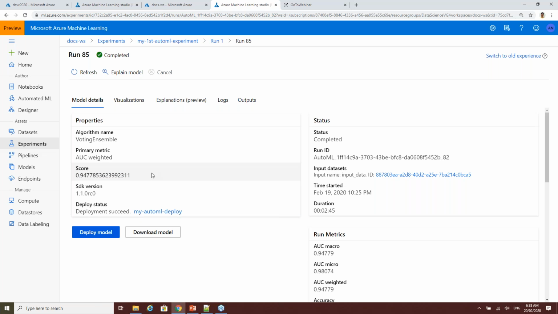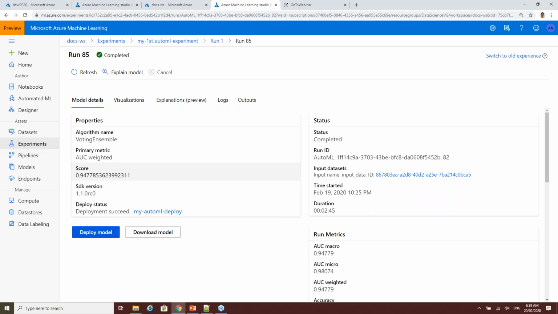The next step is to deploy this model. Once you deploy the model, it will be published as a web service, and you can use that URL in any downstream applications to make use of the model. That is the main idea behind deploy model here.